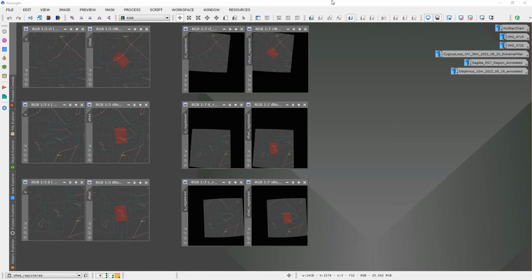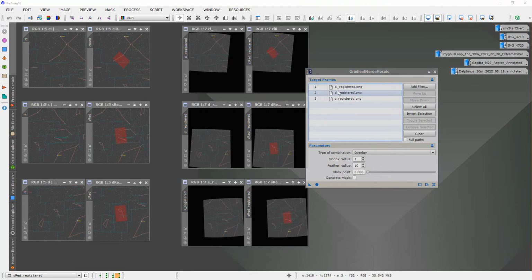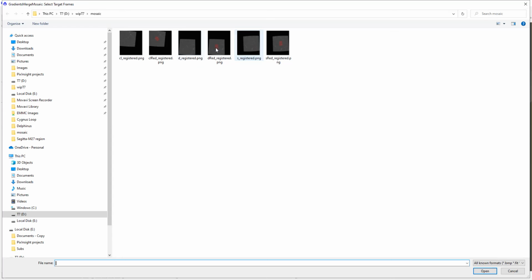The next step is to actually create a mosaic of these images here, 3 images on the left-hand side. And we do this via this process here called Process, All Processes, Gradient Merge Mosaic. Clear it and then add the files, those 3. And luckily we can see the ones that are not red, but we've also got them named properly. So if you choose the not red ones, 1, 2, 3,